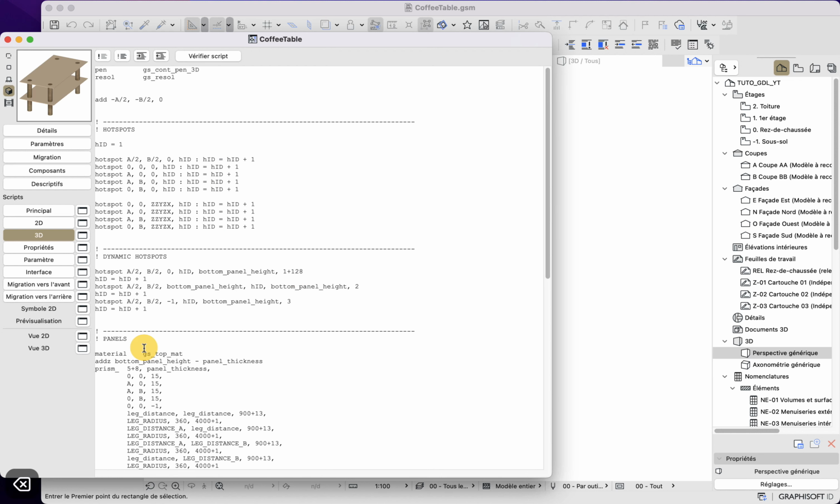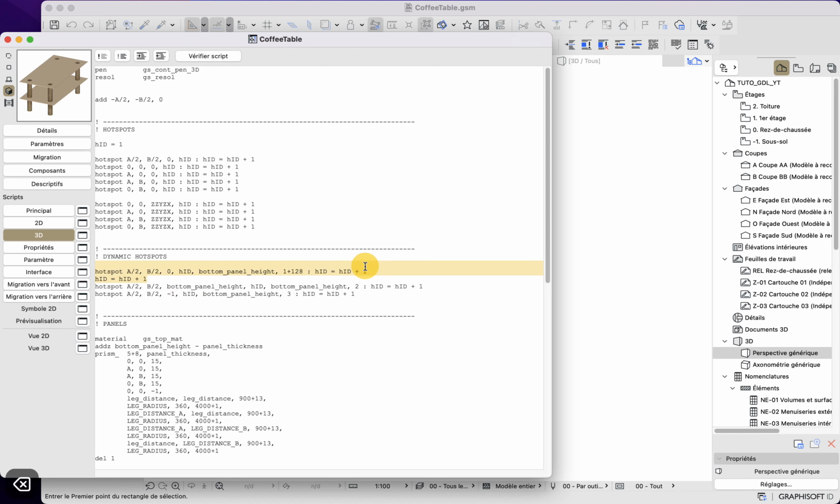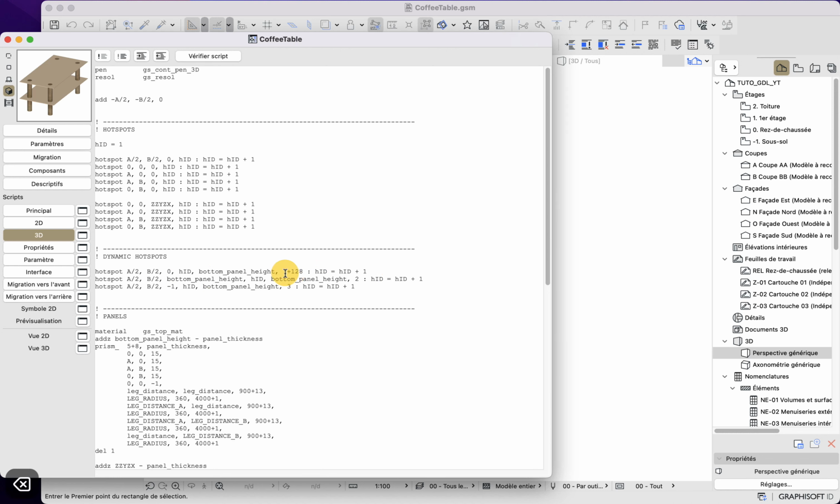We will do the same with the dynamic hotspots as well. And like this, we simply have 3 lines because we have 3 hotspots. It divides the number of lines by 2. So that's why when you have some kind of code like this, it's better to put it on the same line.